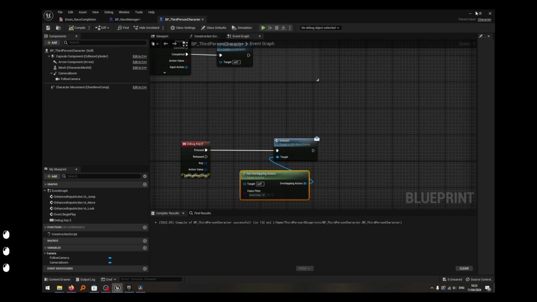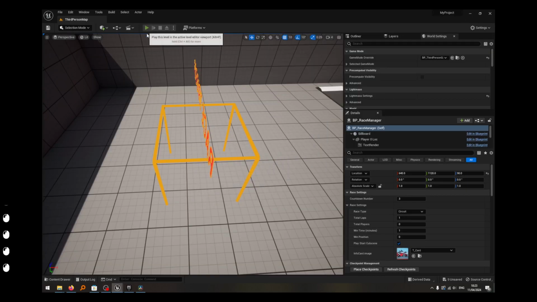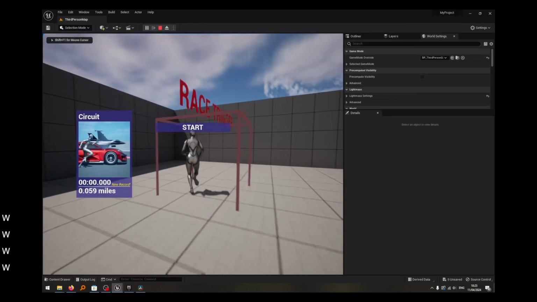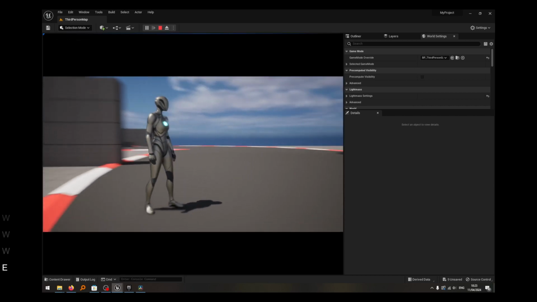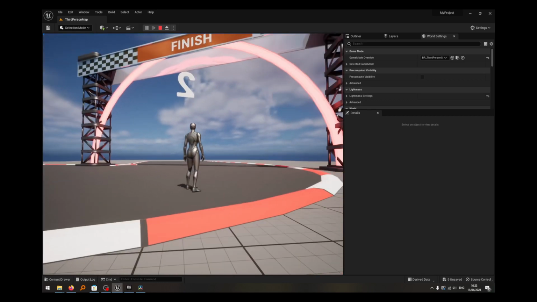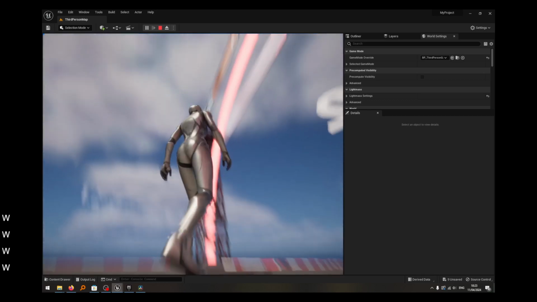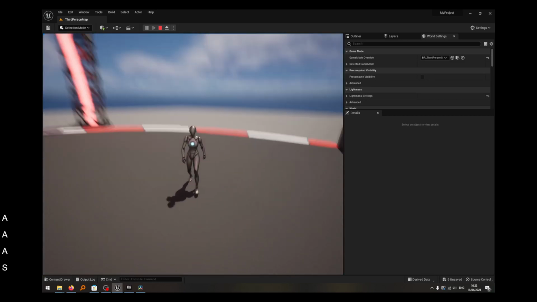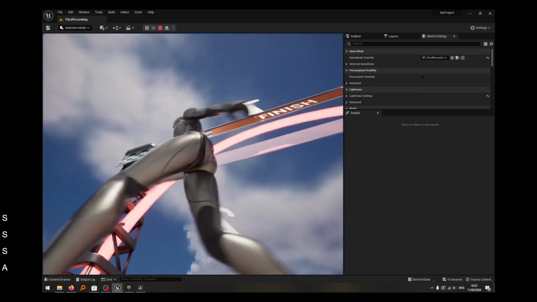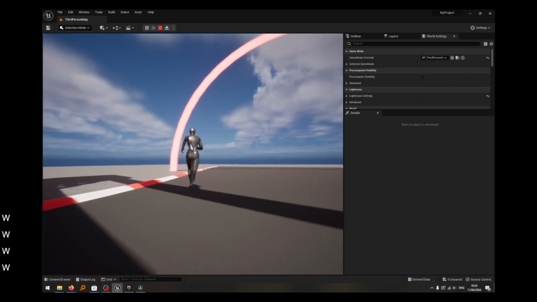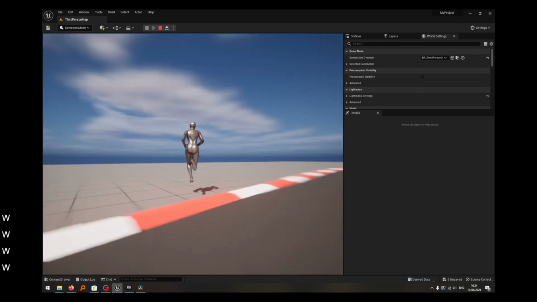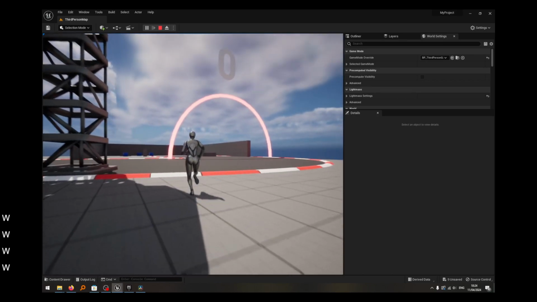So we'll save and we'll minimize this and we'll play. And if I press E, the race begins and it's playing the starting cutscene. And you can see that we got teleported to the arrow for player 0 and the first checkpoint is activated. The next checkpoint activates and the next,